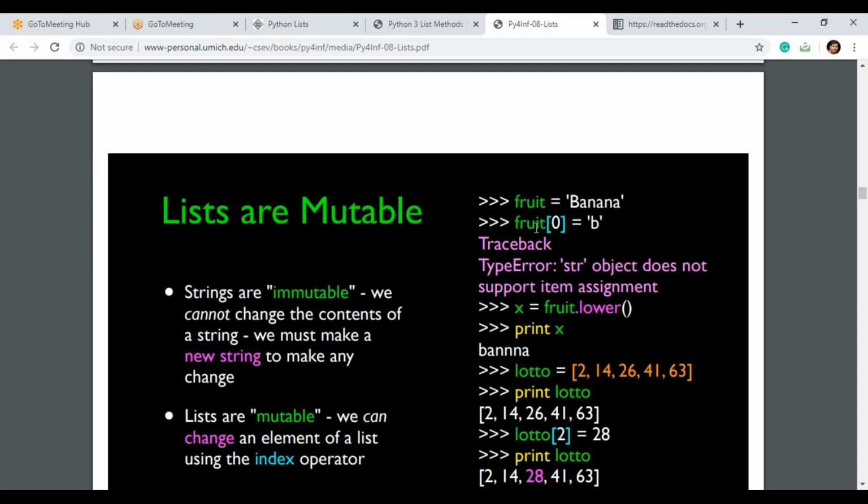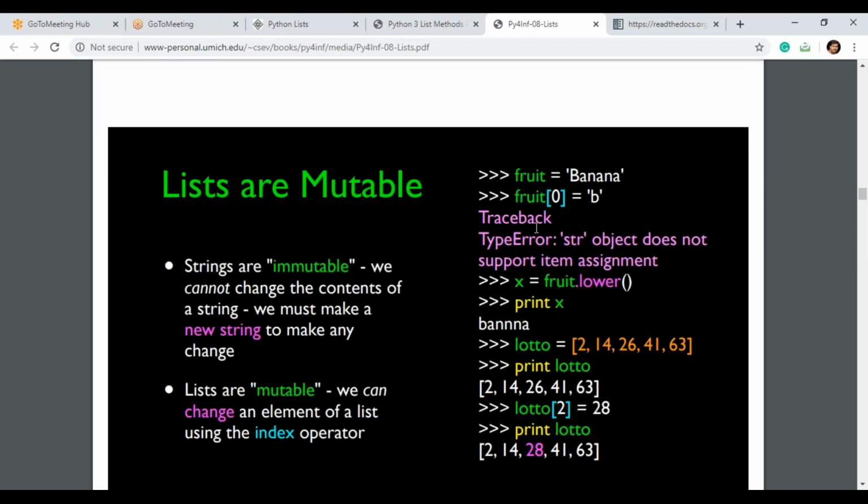Next, lotto is equal to 2, 14, 26, 41, 63. Then lotto of 2: what is the index? 0 is 2, 1 is 14, 2 is 26, right? So that is 26. Print lotto.